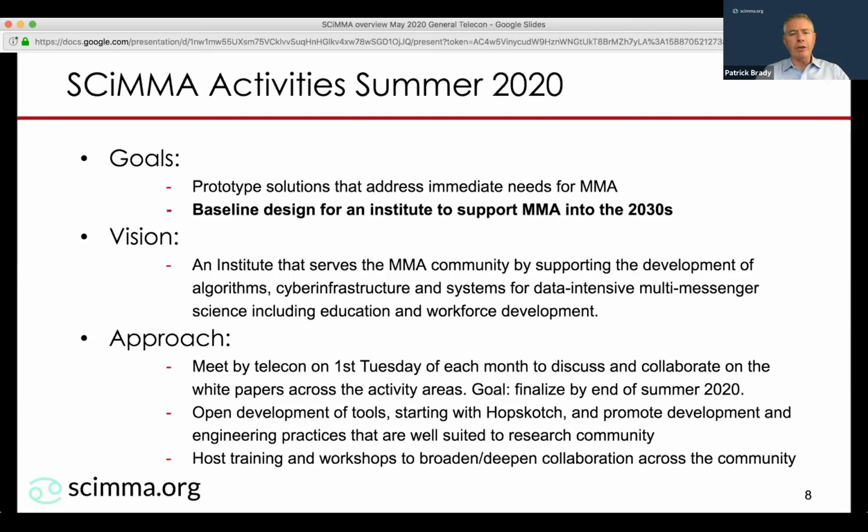The other thing is we're going to host a workshop, which we'll tell you more about later in the agenda. And we also want to start thinking about how to benefit from collaborative training exercises where we can train up some students and postdocs on best practices related to data science and also to software development and engineering within the research community.